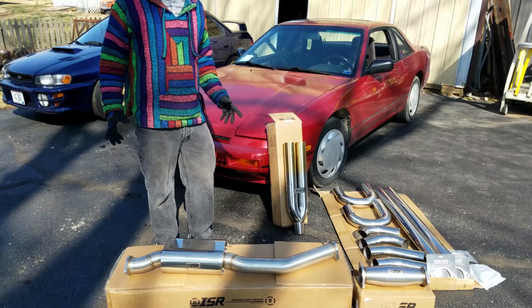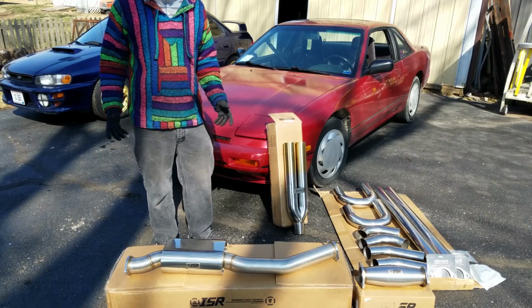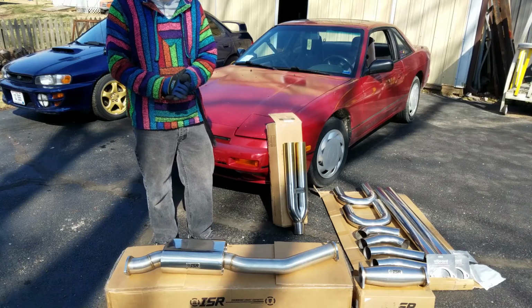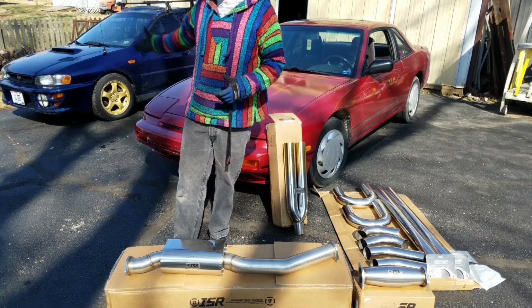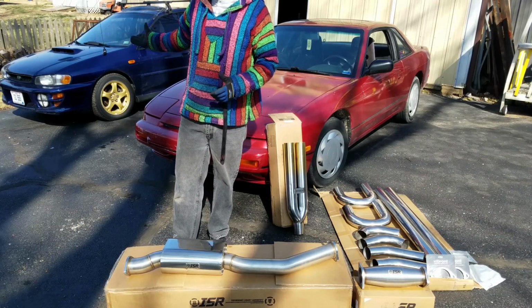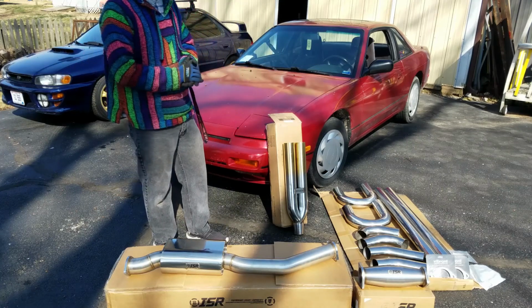We will not be working with the block today due to some life circumstances. We are not in the typical garage that we would be working on it in. Instead, we are out at a friend's place. As you can see over here to my left, this is Team Yeti Racing's little compound and workshop, and they